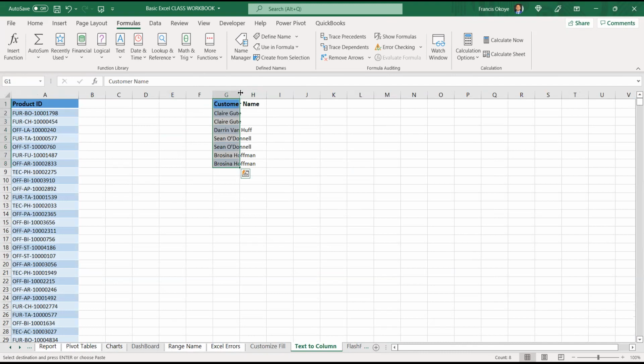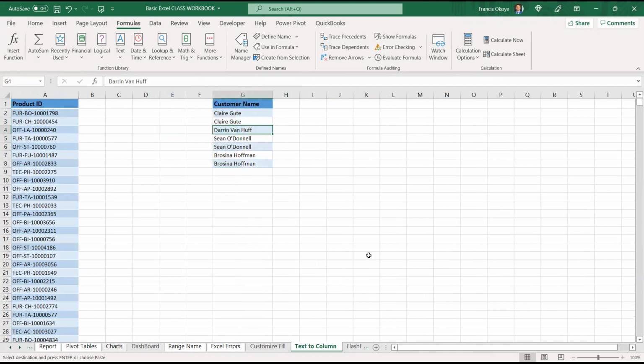Sometimes people don't want to work with all the full name in one cell. What they want to do is break your surname, break your middle name, break your first name. So you want to separate the names. Here, what you can do is come to your data.